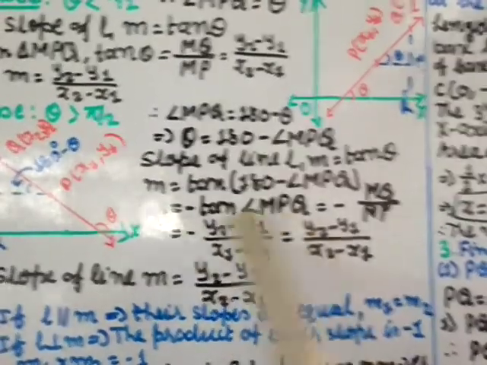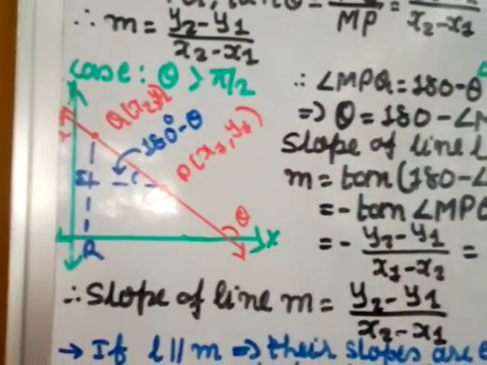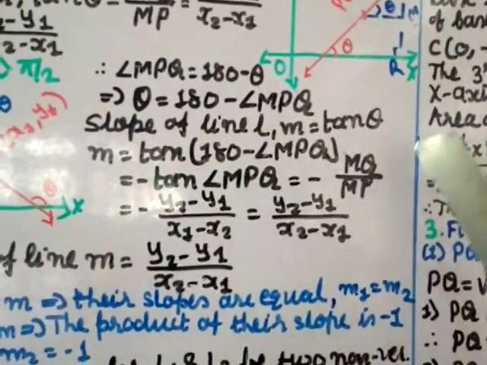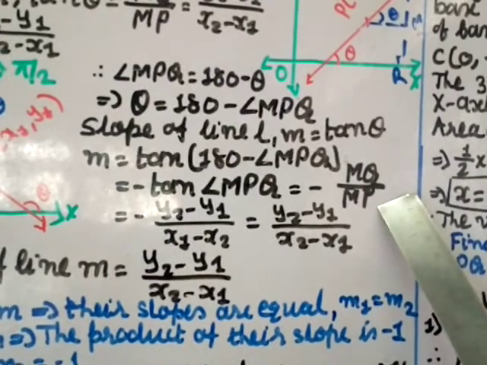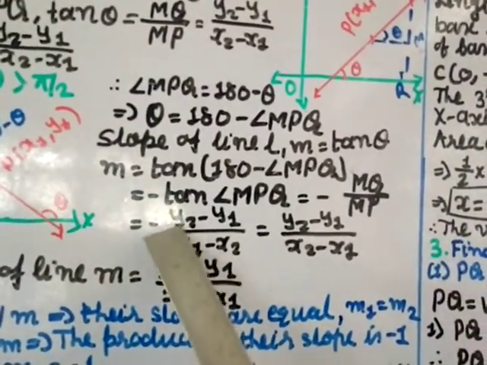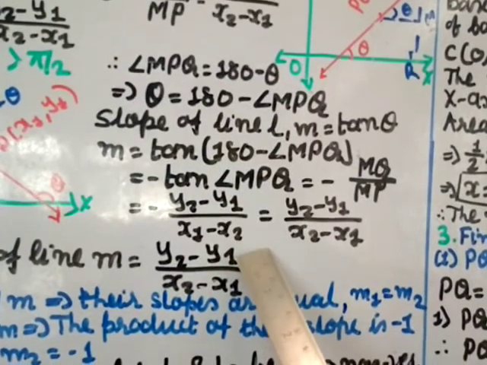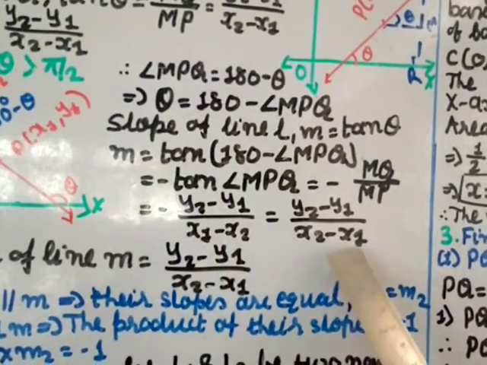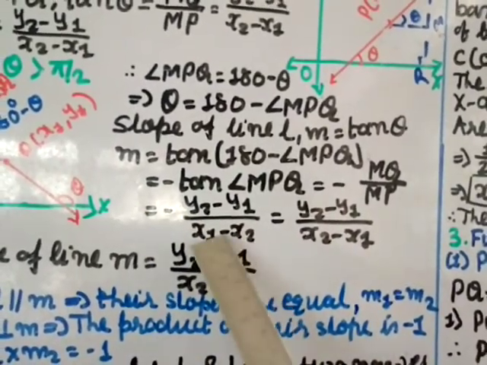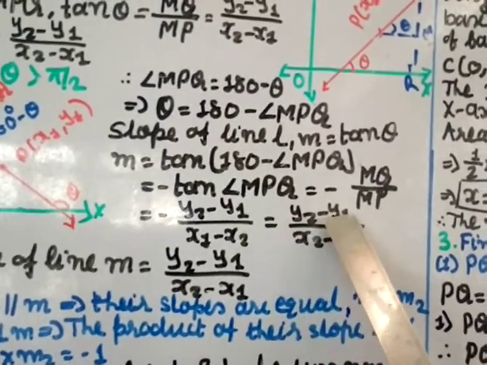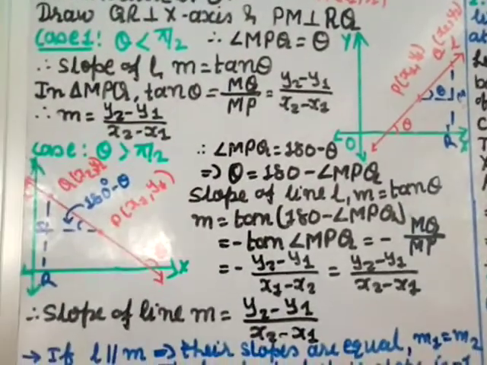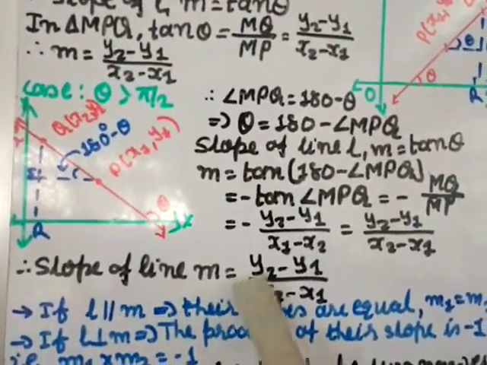Okay, so this minus, in this you apply the trigonometric ratio of tan. So we can write this opposite side, that is MQ, divided by adjacent side, that is MP. So this minus remains, and this value will be by applying the trigonometric ratio MQ by MP. Okay, and MQ will be y2 minus y1 and MP will be x1 minus x2. This minus you give to the denominator. So when you give here, x1 becomes negative, and minus and minus plus, x2 becomes positive, I write first. So we get y2 minus y1 divided by x2 minus x1. And these both are coming the same value. So what we can say is, therefore the slope of line M is equal to y2 minus y1 divided by x2 minus x1.